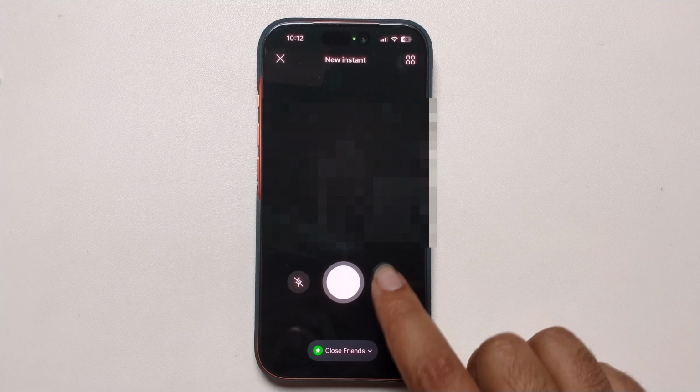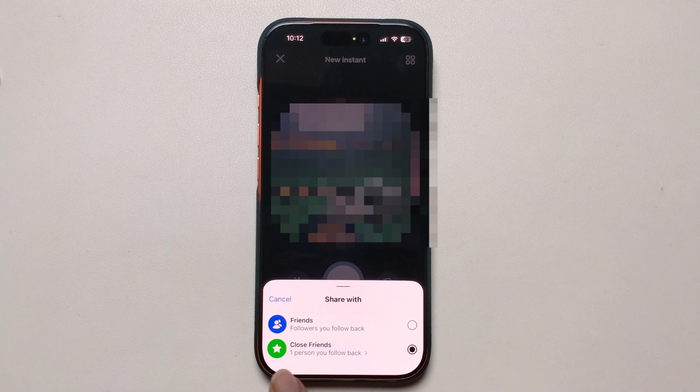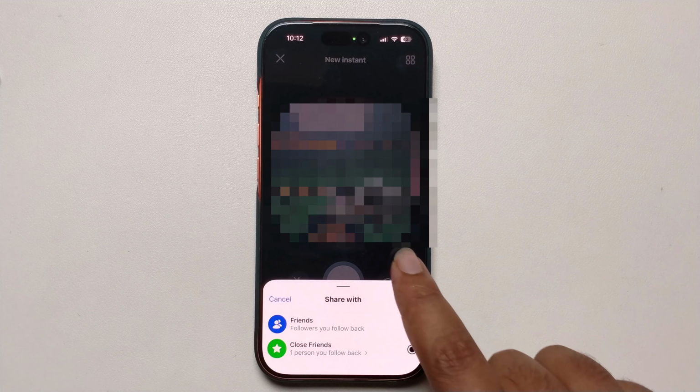Press on the plus option, then you can get this. This is a new feature showing you more options. If you want to rotate your camera, this is a back camera and this is a front camera. If you want to enable or disable the flash option, choose friend or close friend. Okay, and take this,